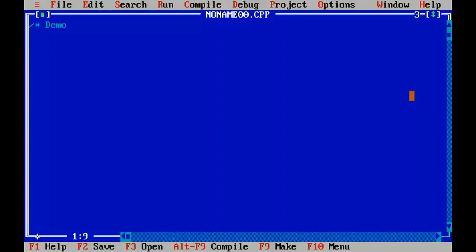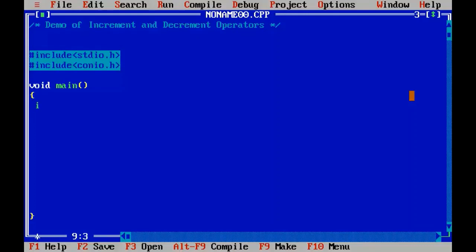Alright, so demo of increment and decrement operators. So now I'll declare two variables, A and B, and two more variables for storing the result of increment and decrement, right?